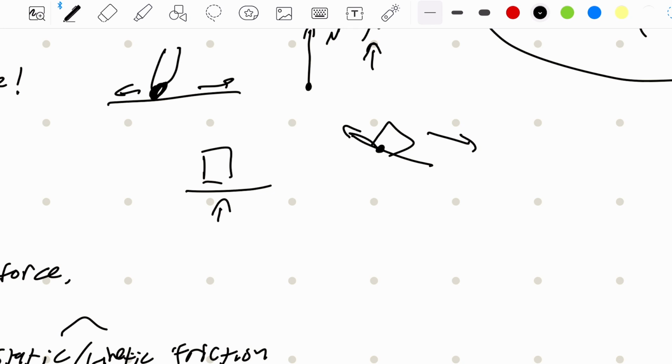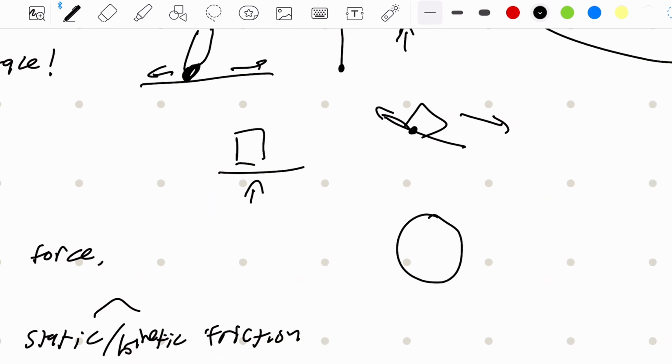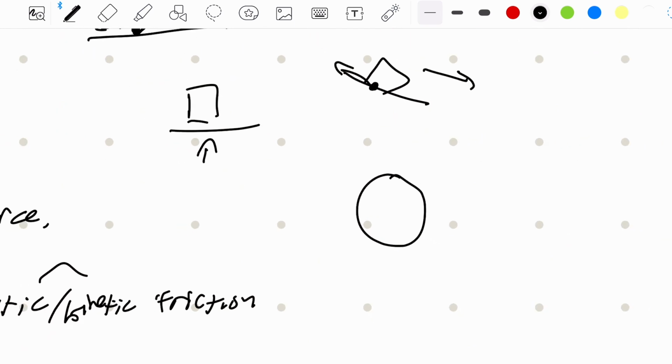Now, if you were to think of a tire as it's rolling, like we said in the previous example, this is a mistake a lot of people make. It is not, in fact, a kinetic friction that's causing that movement forward. It is actually a static friction. It is holding that tire in place, which is what's causing the car to be accelerated,